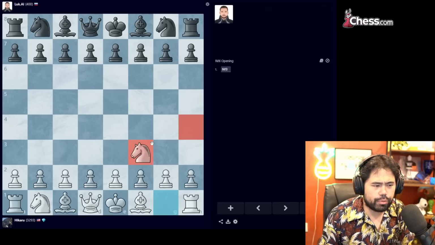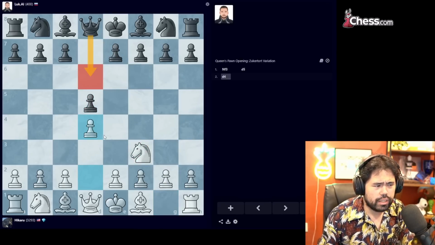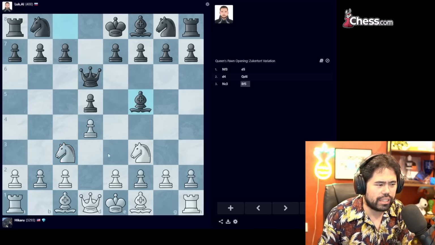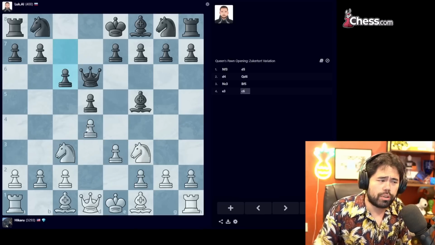This time I will play knight f3, try to stop queen h4. I want to see if it's always going to bring the queen out no matter what. Is it going to? It is. So apparently the Luka bot at this 400 rating level is programmed to bring the queen out as early as possible. Now whether that's actually the way that he plays chess or whether it's just part of the bot programming,